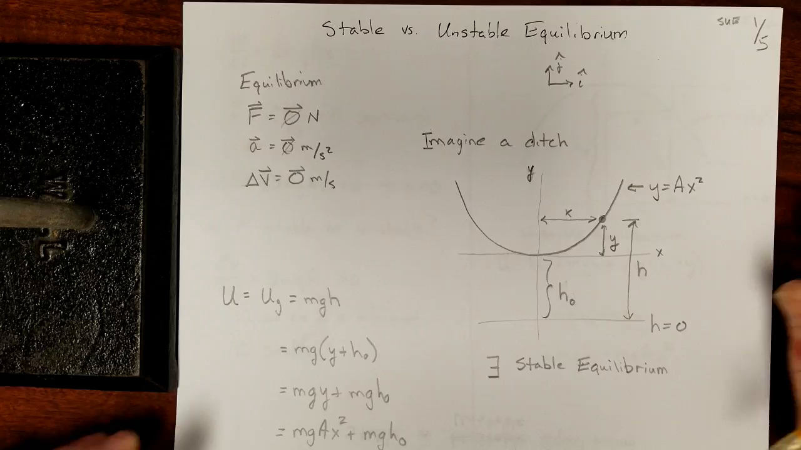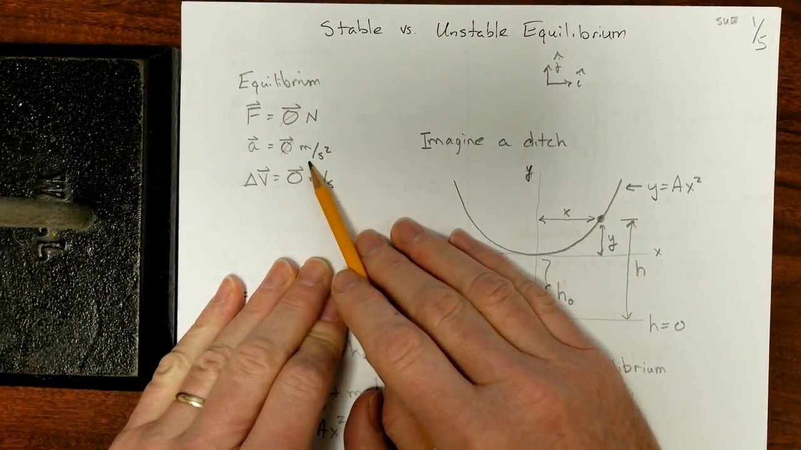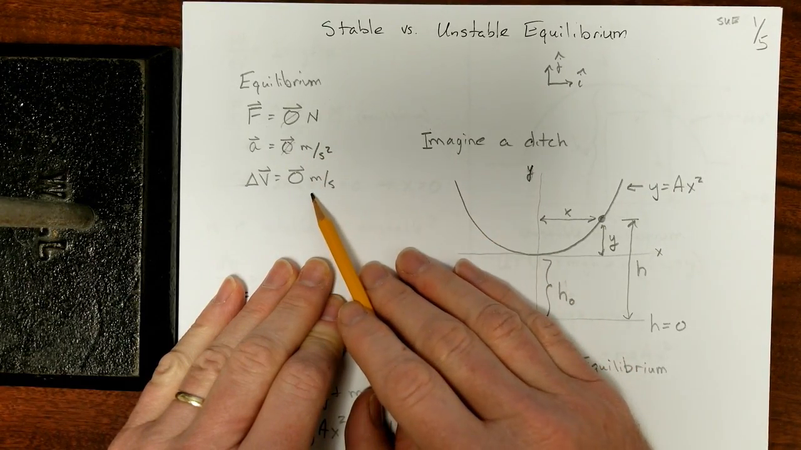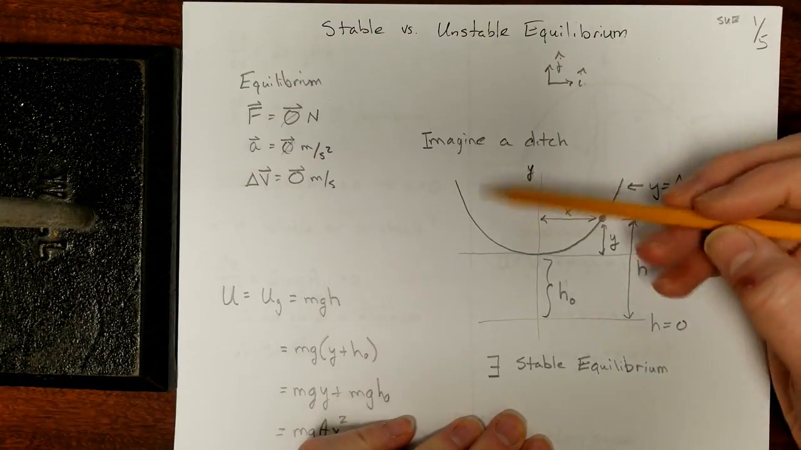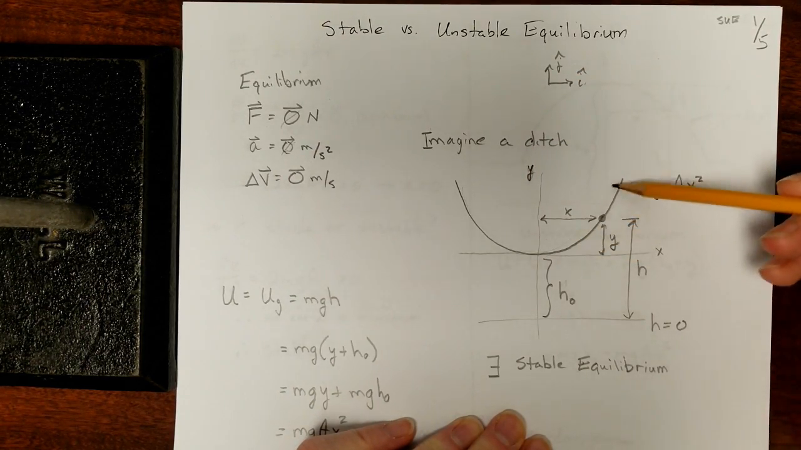So now, stable versus unstable equilibrium. First off, equilibrium would have the total force be 0, acceleration therefore must be 0, therefore the change in velocity must be 0. I'm going to define i hat, j hat as such, and I'm imagining a ditch that's shaped like a perfect